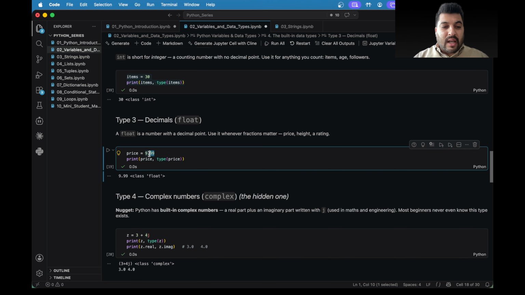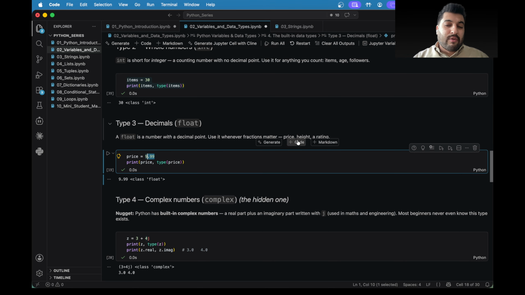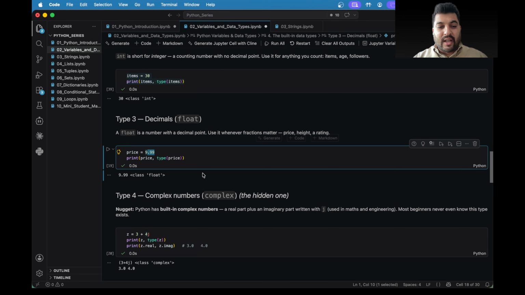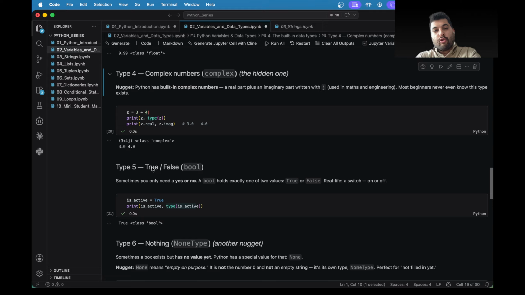Okay, if there is anything which has decimal values, it's a float. You could use it for price, height, rating, whatever that is. If you run here, it says float. Okay, the fourth one, which is the most complex, and this is not the complex, the data type is called